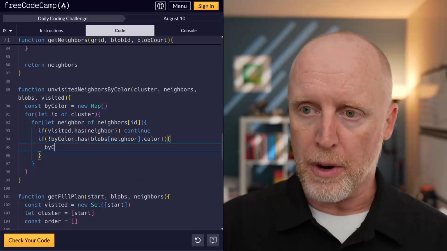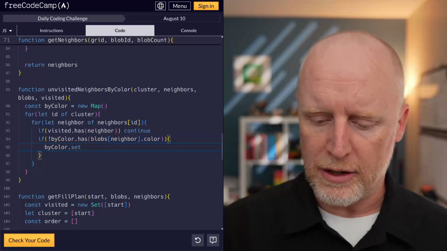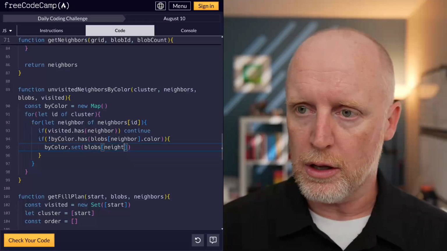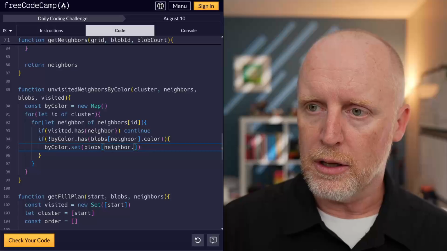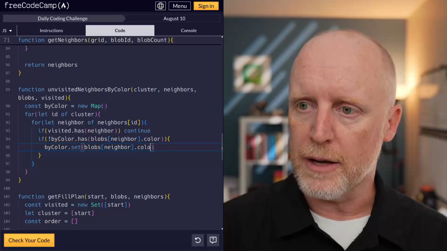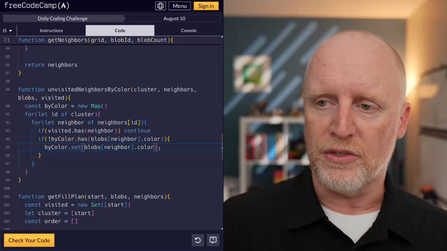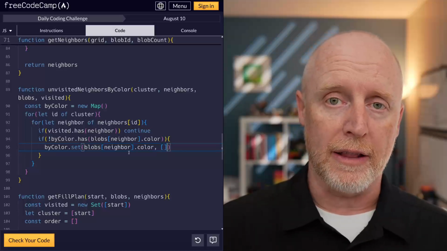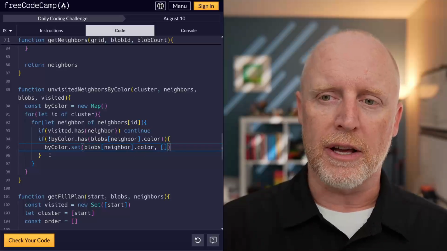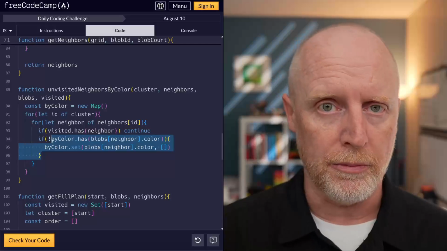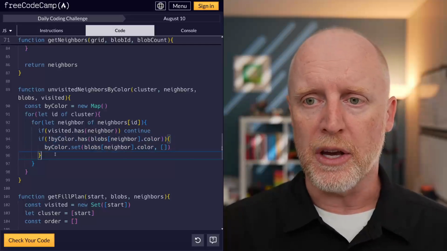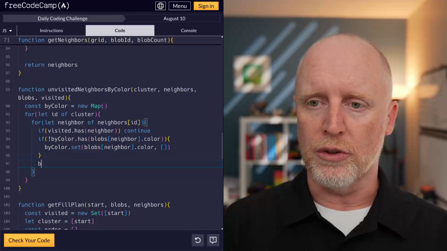Well, it's by color dot set for blobs neighbor dot color. Okay. So we set up a thing where it is an empty array. That's where I'm going with that. This is kind of like when we do nullish coalescing with a double question mark. Okay. We are setting this up because right after it, we're going to do the same thing one more time